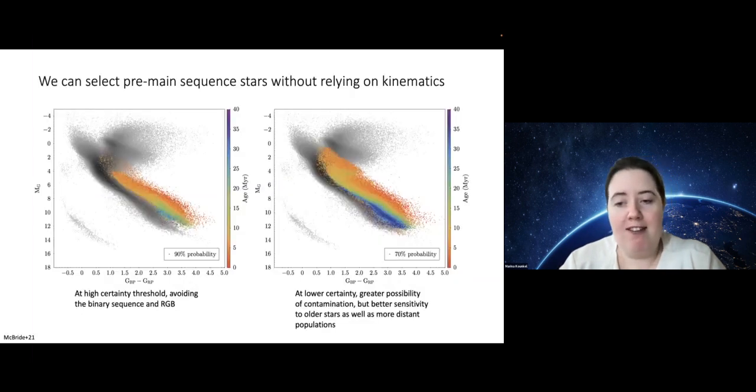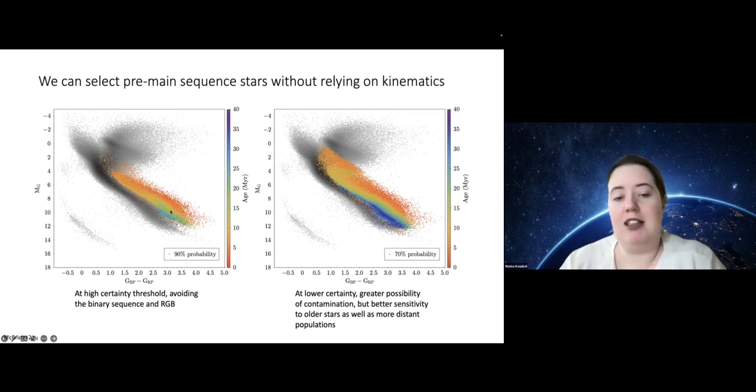So how might we fill this gap? Well, Gaia gave us another gift. We are able to construct very accurate HR diagrams. And as long as we restrict ourselves to just this very narrow parameter space of the low mass young stars with ages, let's say, younger than 50 million years, carefully avoiding the main sequence, the binary sequence, and all those pesky and horrible red giants, we can perform a relatively clean selection of the pre-main sequence stars.